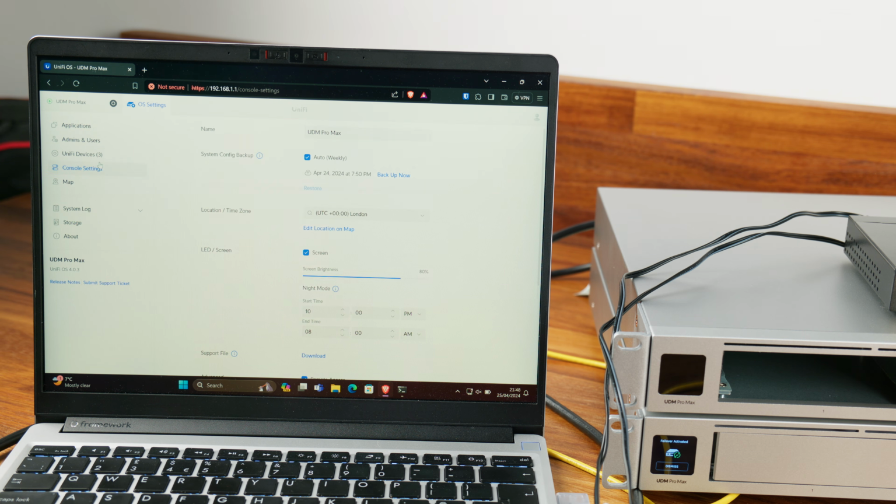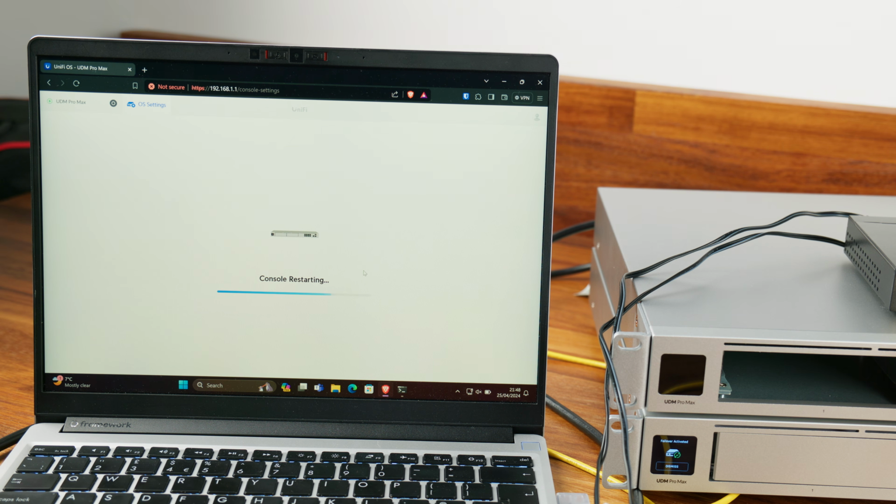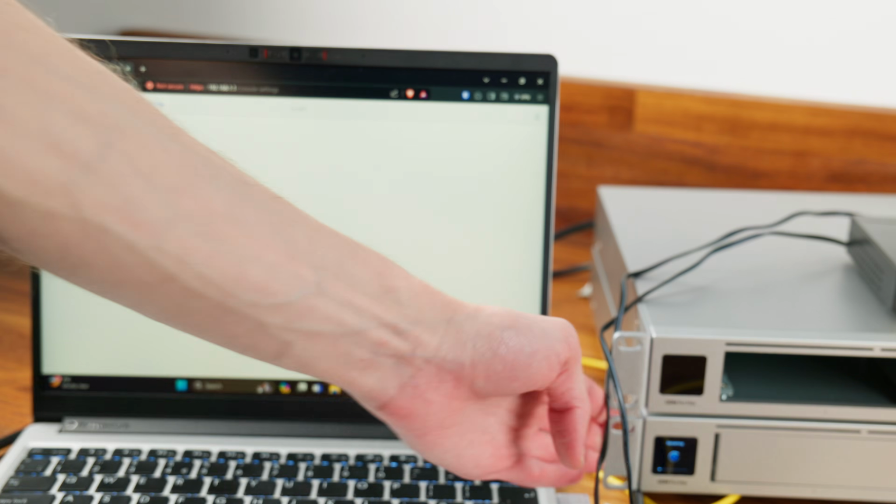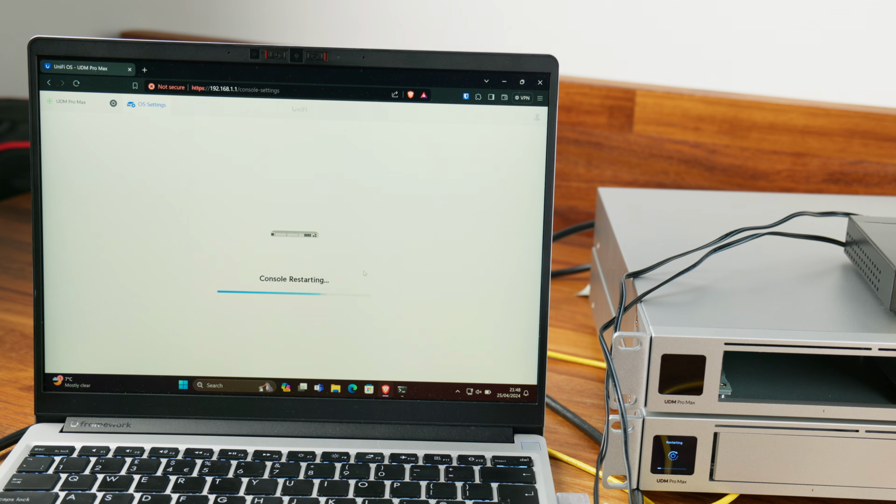So we're going to go to console settings, down to restart, and press restart. Of course, this will now take down your primary UDM, well, the UDM that's currently acting as the primary. This is the sort of thing you'd want to do out of hours, but it is completely possible. So what we'll now do is wait for this UDM to restart and see if we can access that